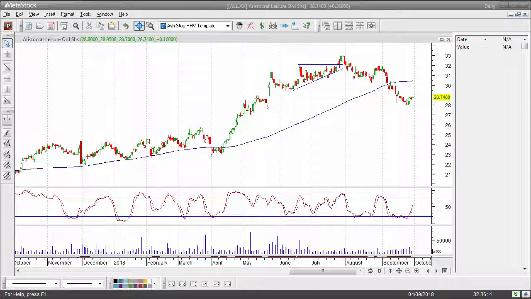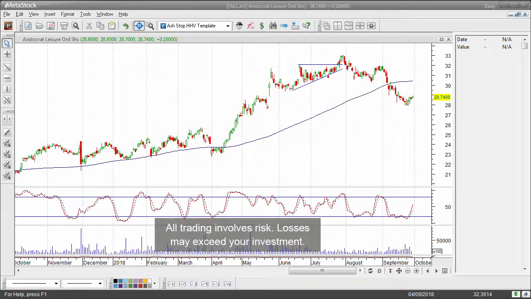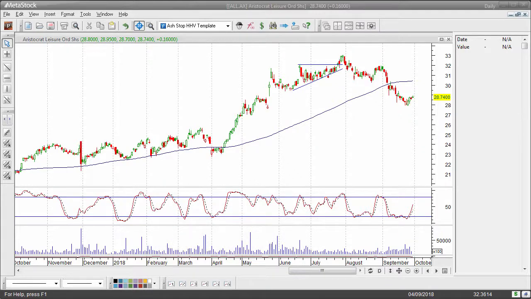Today we're going to take a look at one of my favorite charting setups, which is the ascending triangle breakout. Now, an ascending triangle is simply an entry technique. So it's not a full trading strategy, doesn't take into account an exit, doesn't take into account position sizing and so on. You need to put some of those parameters around it. But we're going to take a look at just the strength of ascending triangles and what they could mean in terms of how you trade them, or perhaps if you add them to an existing set of setups that you